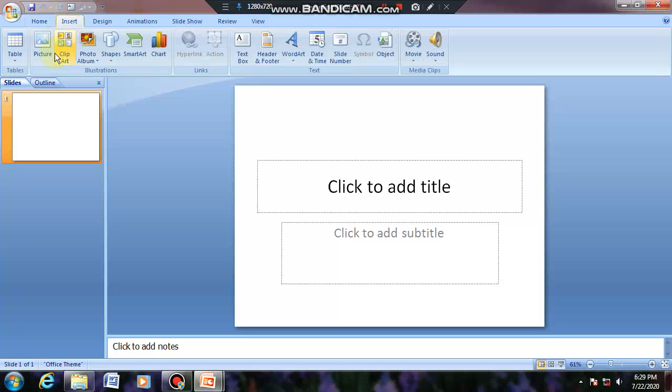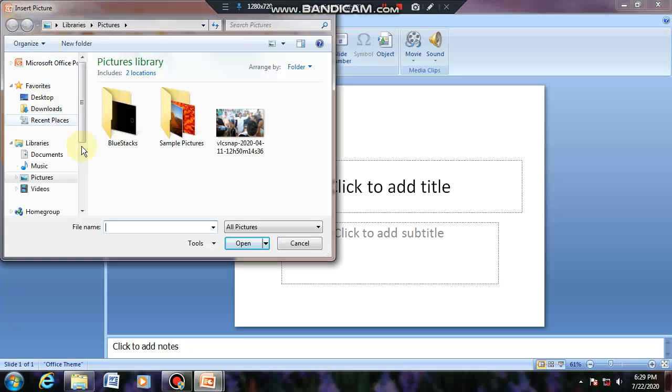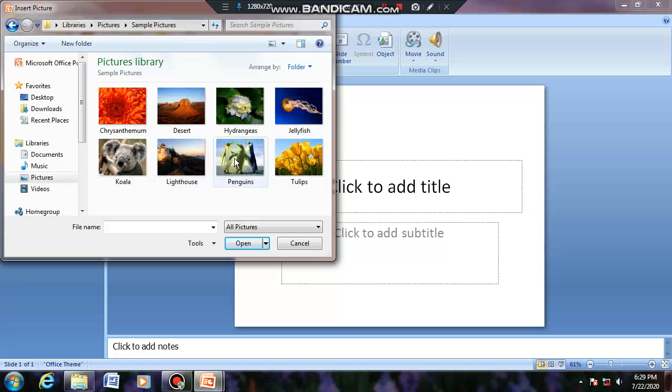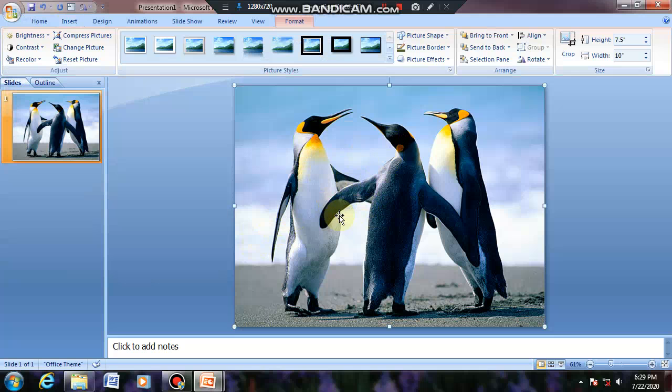On the insert tab, first I am telling you about inserting a picture. On the insert tab here, add a picture from your system. I am taking this picture, click insert. Look, this way you can insert a picture from your computer. Can you see these small circles around your picture?